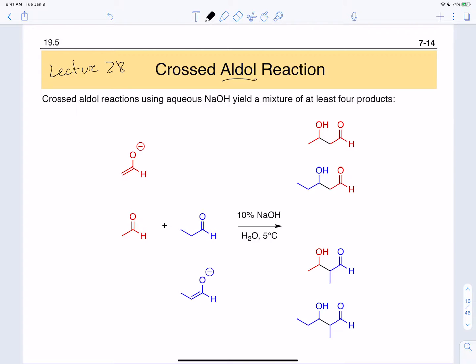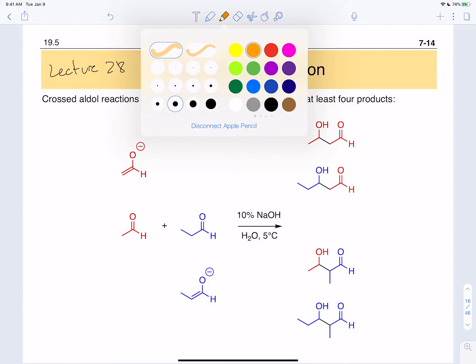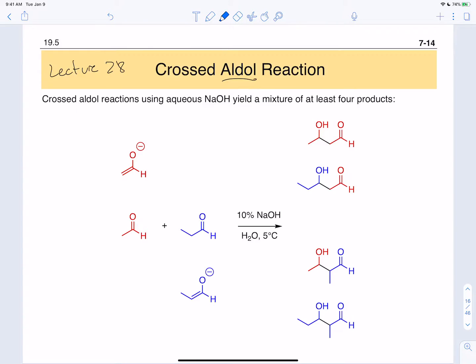and this allowed us to make important carbon-carbon bonds, either carbon-carbon single bonds or double bonds, depending on the temperature. And now we're going to look at what happens if we try to introduce two different components to the reaction. So here we see we have two different types of aldehydes. In one case, we have an aldehyde with a single methyl carbon, and another aldehyde that has two carbons next to the aldehyde. So if we put these all in a reaction together, and we're using 10% sodium hydroxide, so we know these are basic conditions, and we're at 5 degrees C, so we don't expect any of the over-alkylation or over-dehydration product,